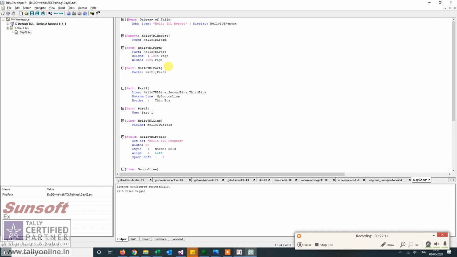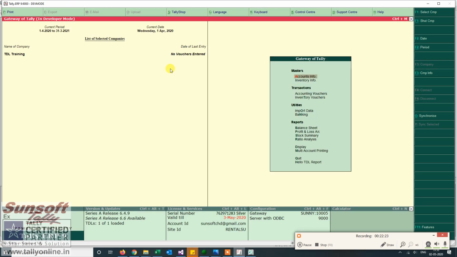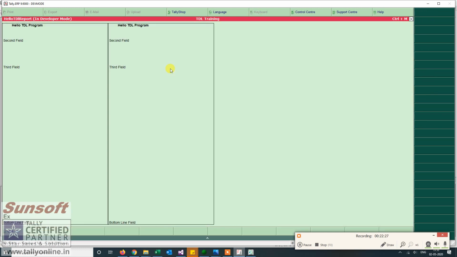So I am having two parts which are having the same definition. So reuse is a very powerful concept. Now here you see it coming twice on the screen.